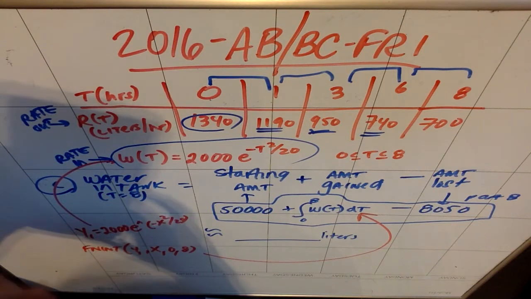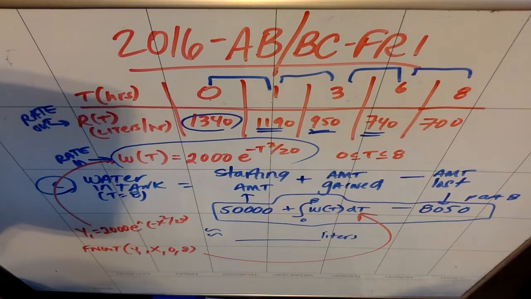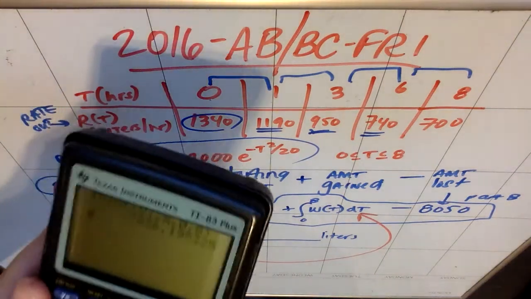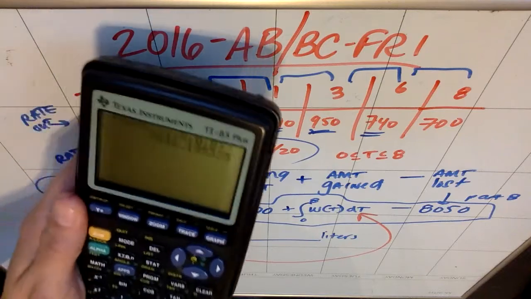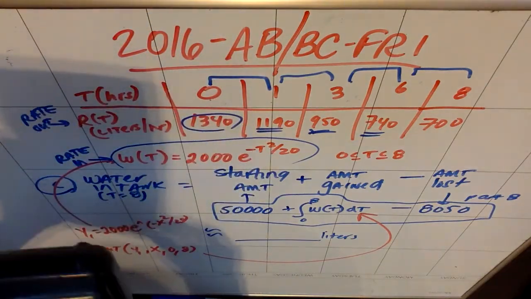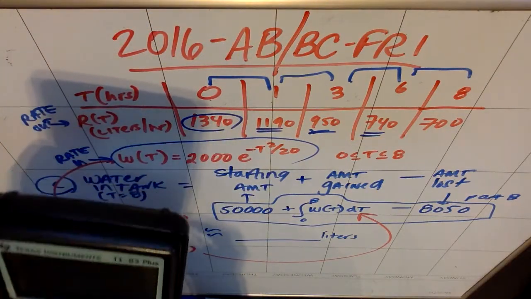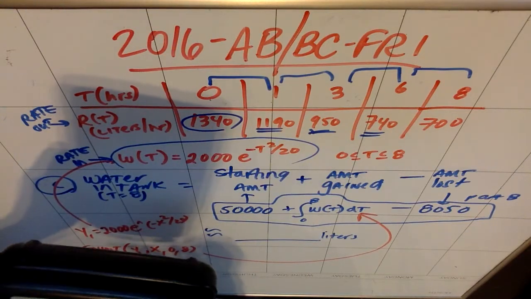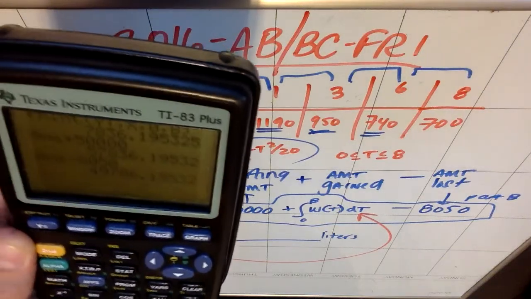So let's actually do that just in case, because that seems safer, right? You just don't want to risk it; we all do stuff that's crazy sometimes. So I end up getting that we gained like 7,836 and some change. I'm going to add to that the 50,000 that started originally in the tank. Cool. And I'm going to subtract the 8050 that came out, and I get